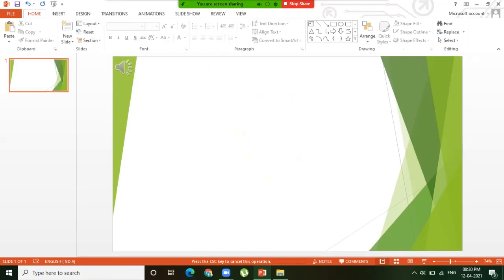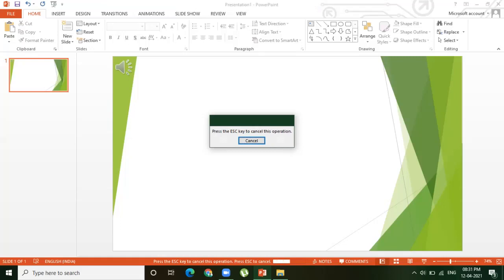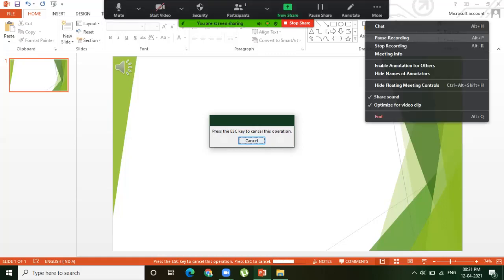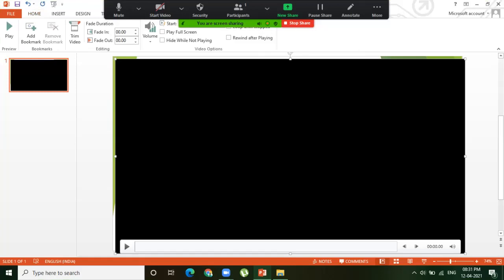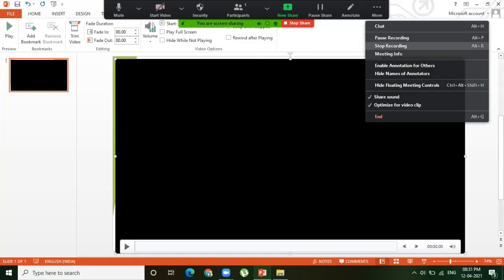So both audio and video can be inserted using the shortcut method, that is Control C for copy and Control V for paste. Using both these methods, you can insert audio and video. Right, you can see here it was inserted using the copy paste method. I hope all of you understood these two methods.